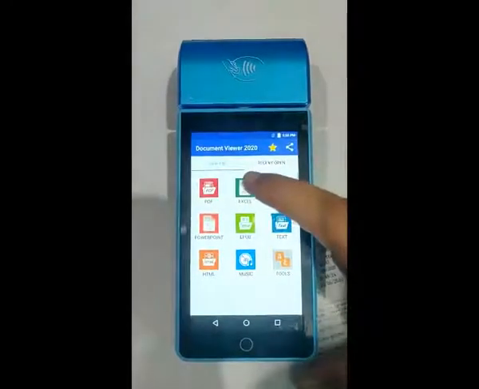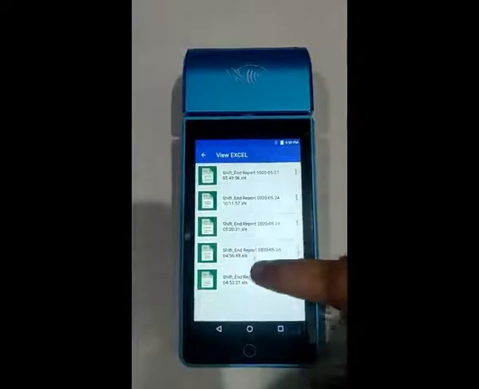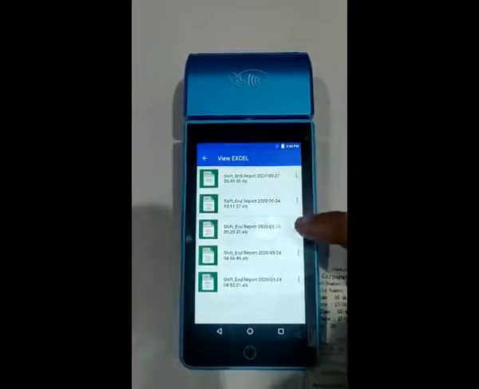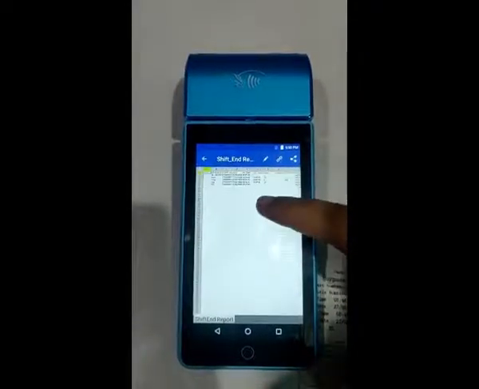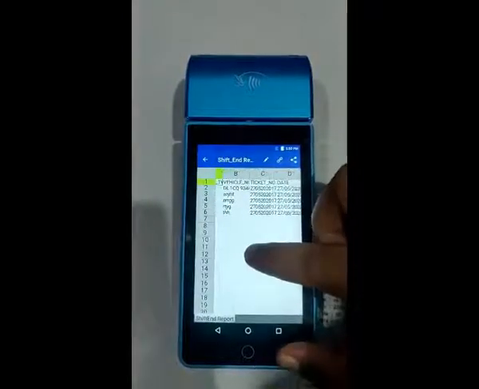So this is the application to see the reports. These are the reports generated for each shift. This is the Excel file.